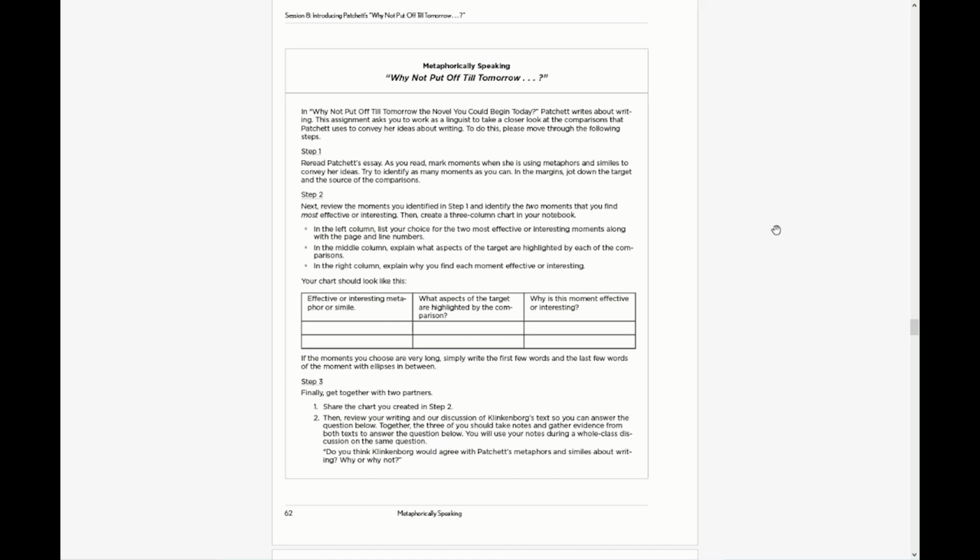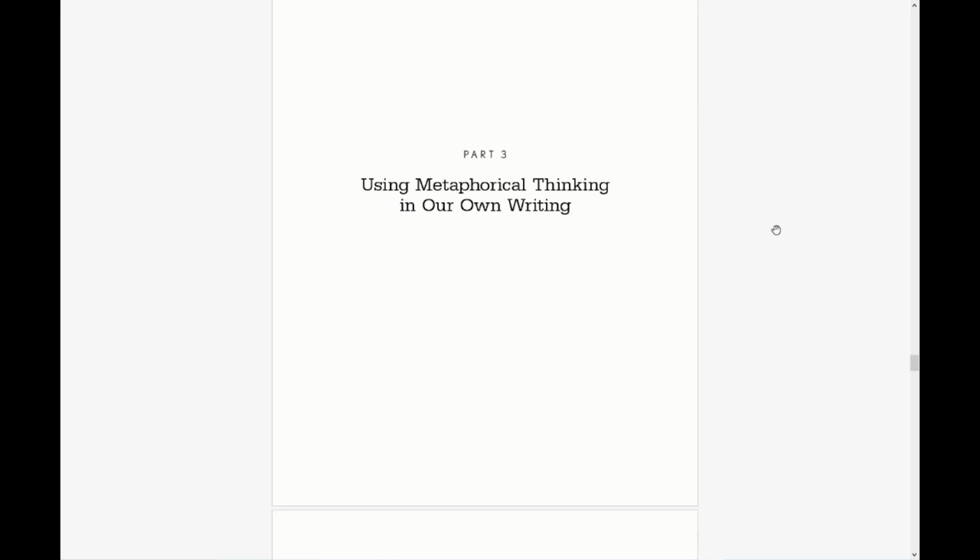So it's important to recognize that writing is never especially easy. Even professional, award-winning writers write about writing as being a challenging process, one that is always requiring effort from them, where they're constantly working and revising in an effort to get down exactly what they intend to say. So writing is challenging for everyone. And so it's okay for students to feel like writing is difficult for them because frankly, writing is difficult for everybody. After looking at how Ann Patchett writes about writing and examining that and thinking about what Klinkenborg would say about that as well,